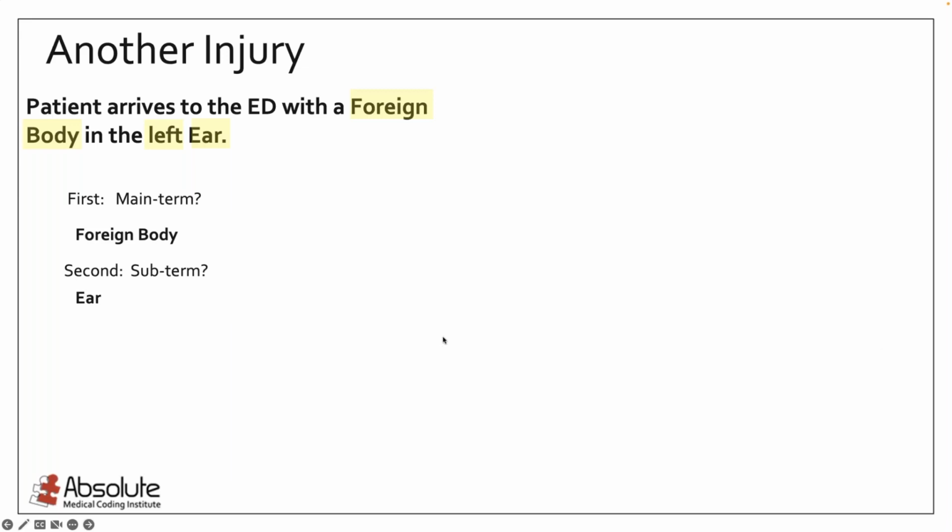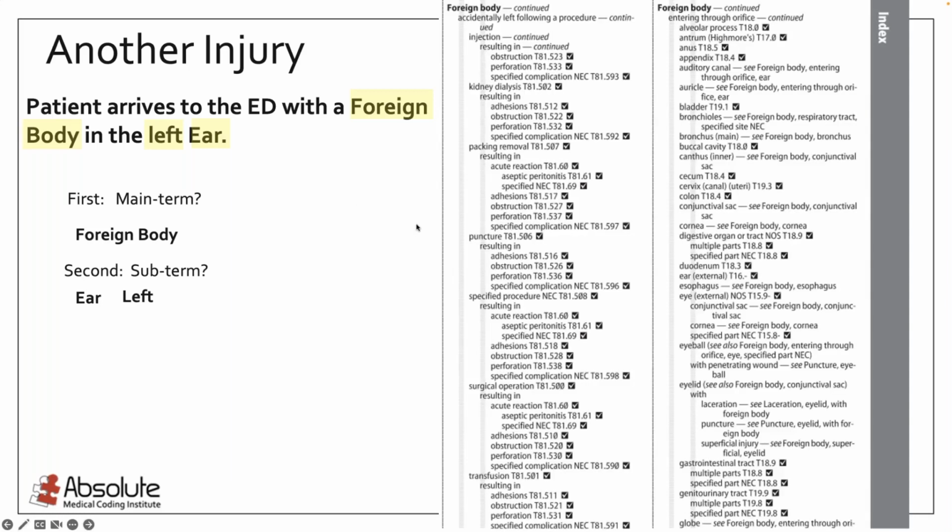Okay, ear. And you can have multiple subterms, and in this case, we do. So we have ear, left. It doesn't mean that we're going to find those terms, but it will help us if we do need them. So we're going right to the index. We're going to look up foreign body. Then we're going to scroll down and look for ear,